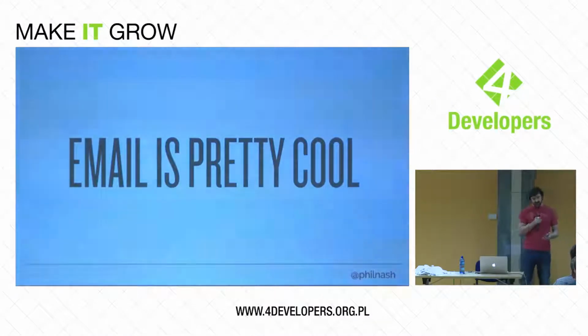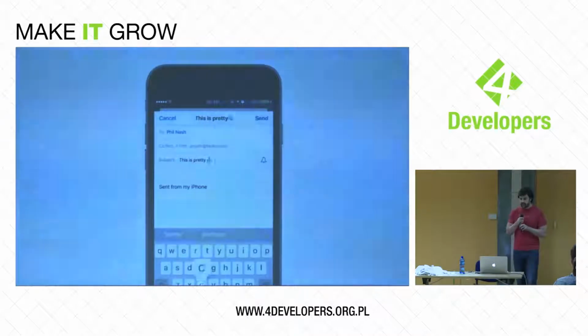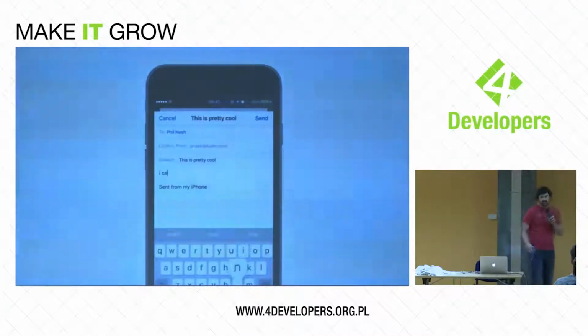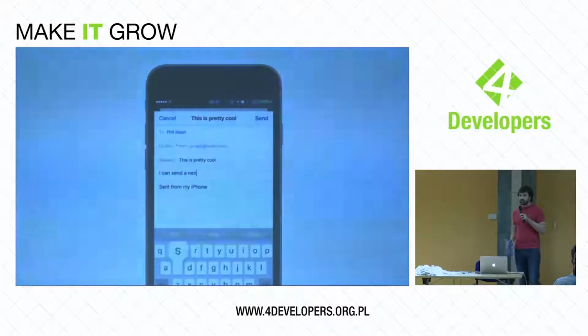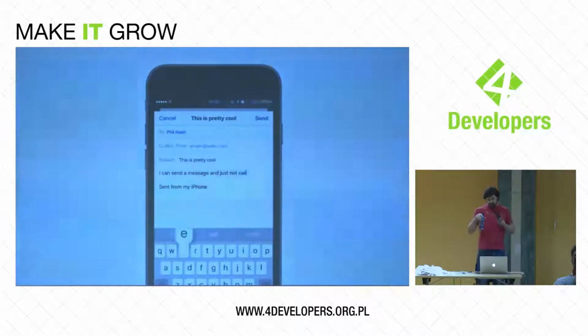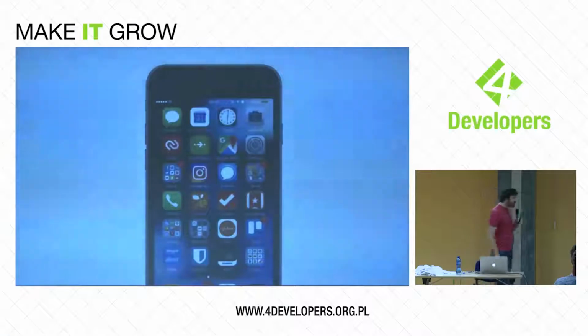I want to start by saying that sending an email is pretty cool. I don't mean email being cool like that to-do list that somebody else can put items onto. That's not so cool. But I really like this kind of interaction where you can start writing an email and then send it, and you can close your application as soon as you've sent it, and you might not even be online when you do so, but you know that email is going to get sent eventually. You just don't have to care about it. Press send, close the app, gone.